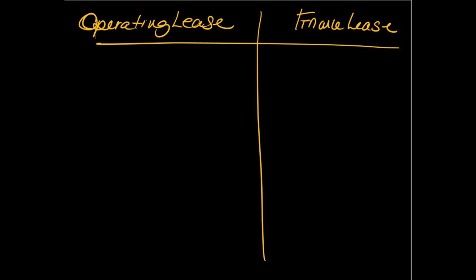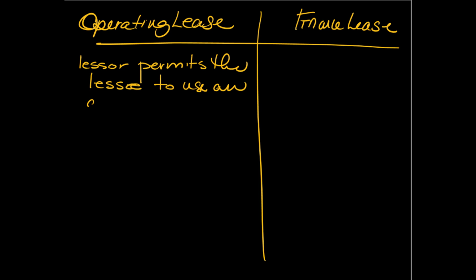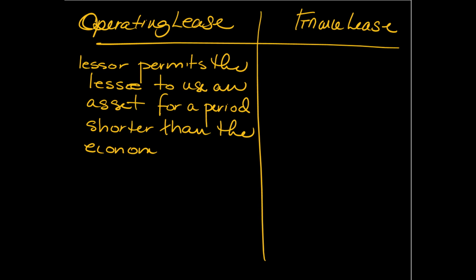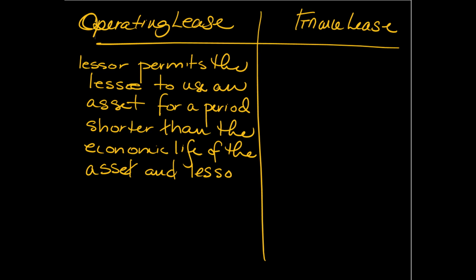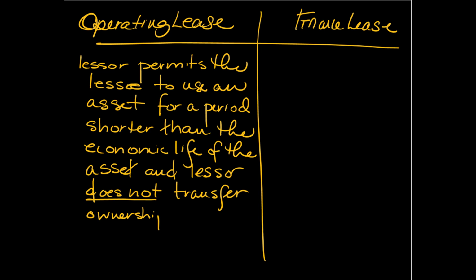So now what about financial reporting? There are two ways that leases can be recorded, either as an operating lease or a finance lease. An operating lease is a contract where the owner or lessor permits the user or lessee to use an asset for a particular period which is shorter than the economic life of the asset without any transfer of ownership rights. A finance lease, on the other hand, has to meet a few specific criteria.